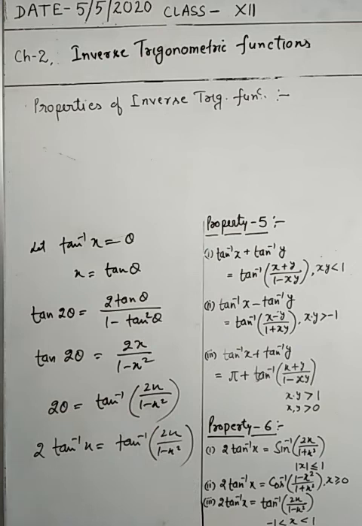So students, today we have discussed all the properties of inverse trigonometric functions. You will try the other proofs, not to do in your fair copy. You will do the first part of the properties' proofs, so that you can do the exercise properly. You have to write all the properties as the basics from the beginning of the chapter, and you have to do all the examples also in your NCERT copy.